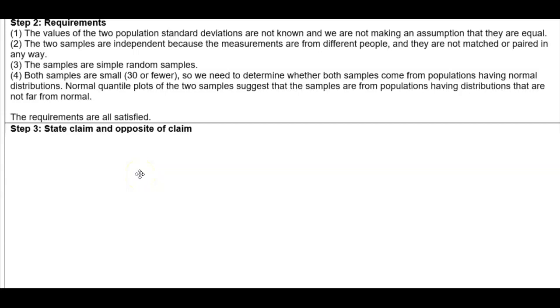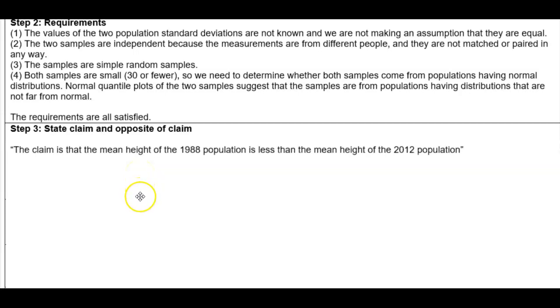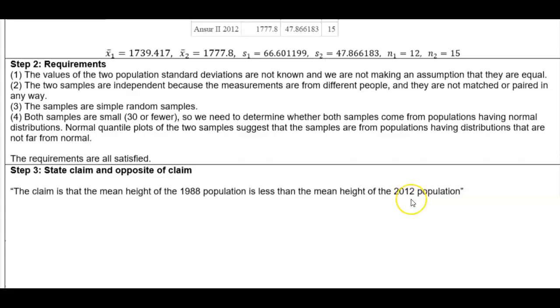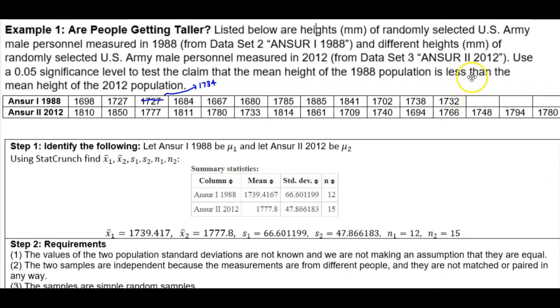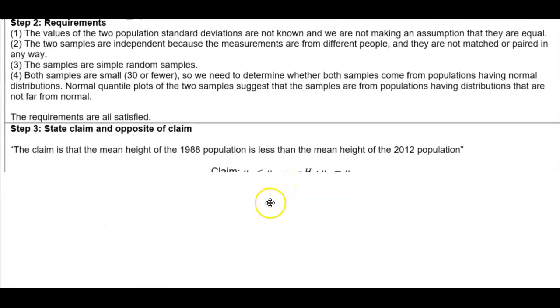Now we want to state the claim and the opposite of the claim. The claim is that the mean height of the 1988 population is less than the mean height of the 2012 population. So the claim is that population mean 1 is less than population mean 2. Therefore, the opposite of that claim would be that population mean 1 is greater than or equal to population mean 2. Now recall